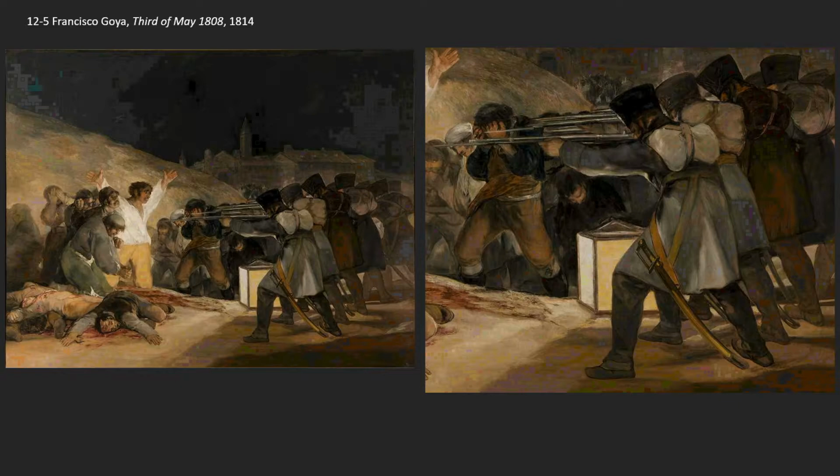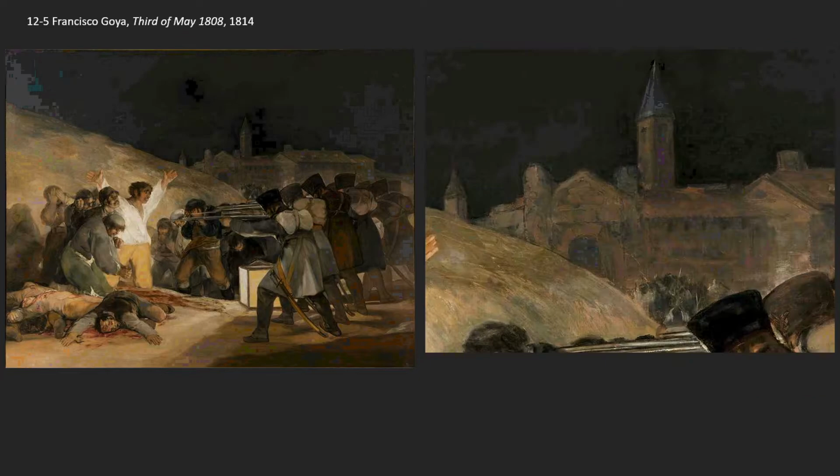So then as you trace it back over through here, you can see that that line of people goes back and back and back, as if to say that there are people everywhere to be shot. And they go all the way back to the gate of a church in the middle of the night, as if to say there is no sanctuary from this whatsoever. Right? It's a very, very powerful picture about the horrors of war, which is something that Goya witnessed firsthand during